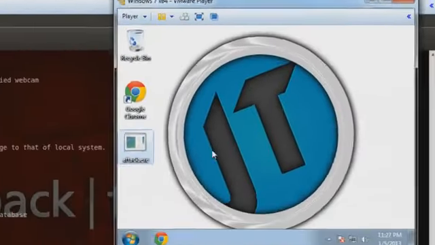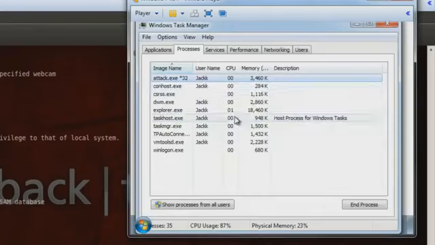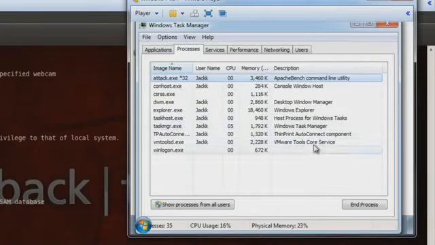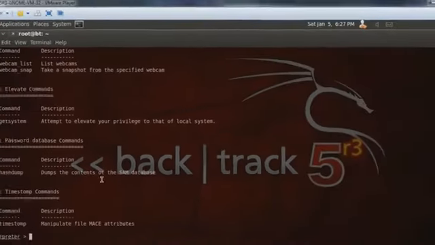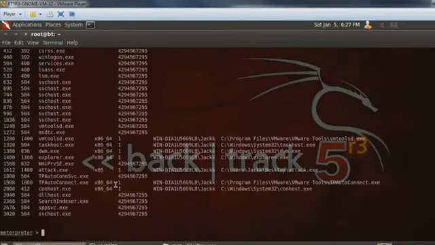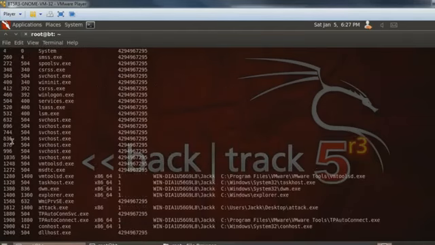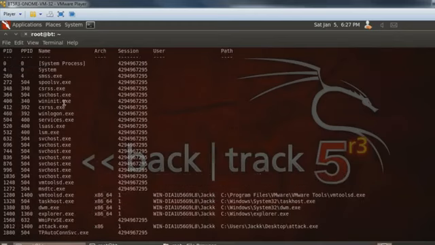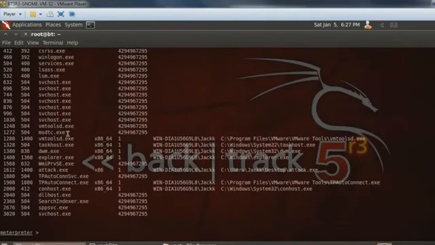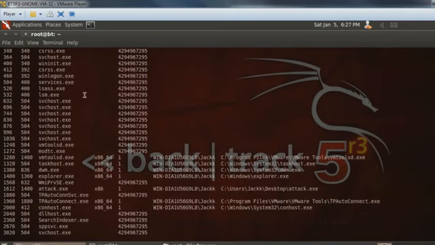So all the user has to do to get rid of this is task kill the TCP client. So attack.exe, all you have to do is task kill that, and then we won't be connected anymore. So what we're going to do is type in PS, which will show all the processes, and each process has an ID. So what we're going to do is migrate to one of these other processes. So we're going to basically say that you can kill this task if you want, but we're going to be attached to a different